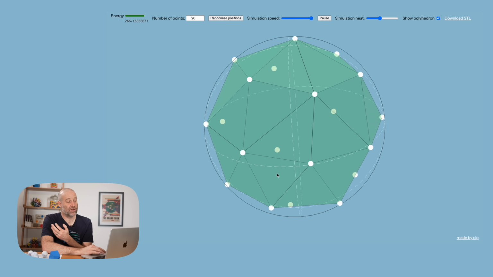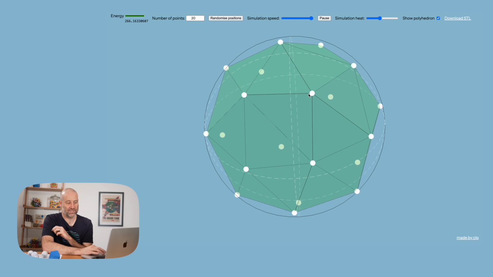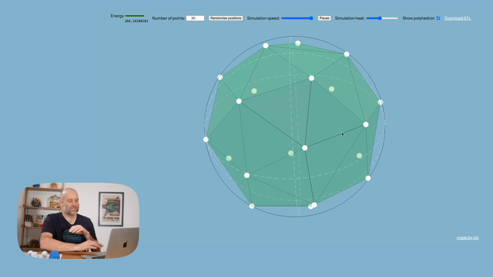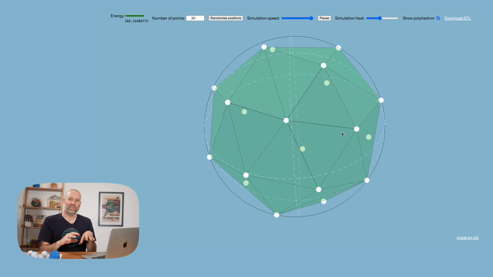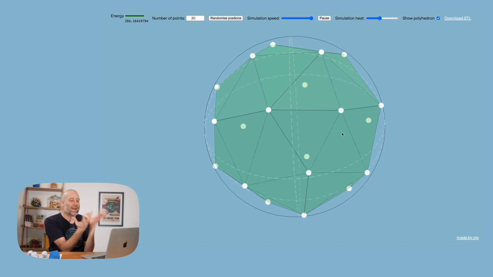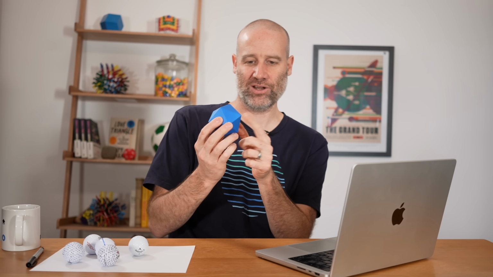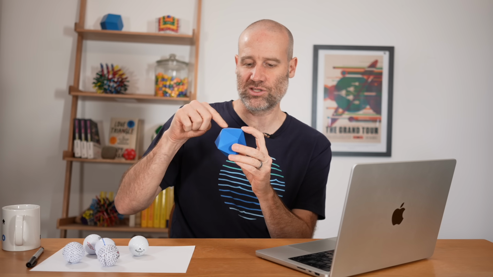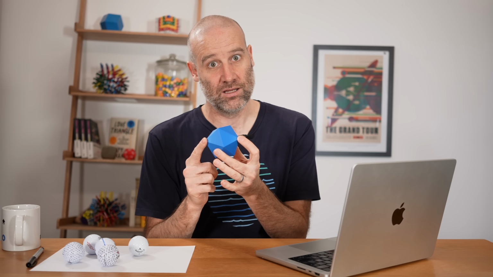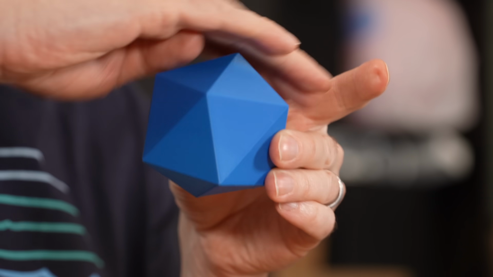The problem is, it's not just dealing with these edges we can see in the polyhedron. This is what we would call the convex hull. It's the smallest shape that fits around all the points. And because they're all on a sphere, they all end up as vertices on a polyhedron. The actual Thomson problem, because it originates from electrons, is every electron is repelling every other electron. So actually, this point on this side is repelling not just the ones near it, but the ones on the opposite side. So we're actually solving something subtly different than just spacing them out on the surface of the sphere.